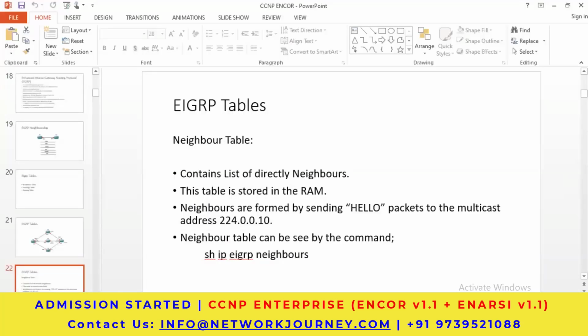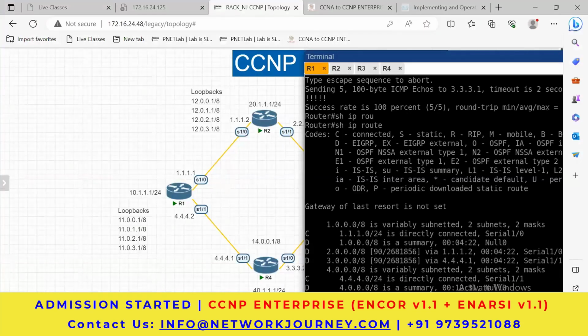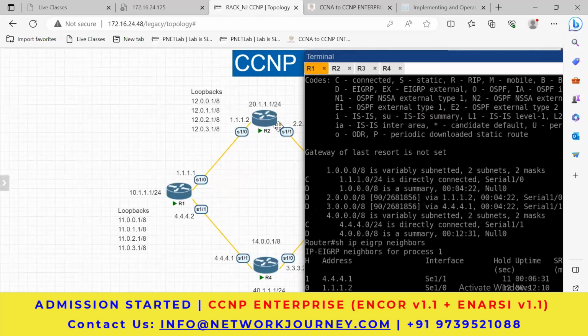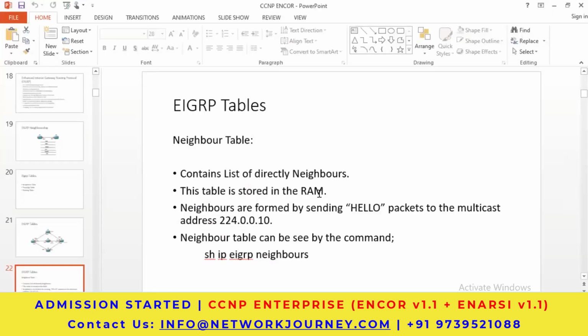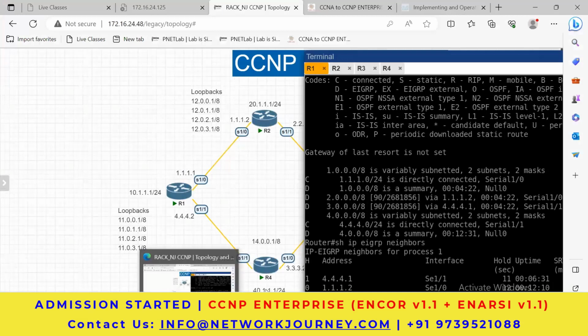So now, while we did it practically, you're able to identify it clearly that the neighbor table is the list of directly connected neighbors. Why? Because when I did a show ip eigrp neighbors, it showed me which are the directly connected neighbors, 4.4.4.1 and 1.1.1.2, right? A list of directly connected neighbors. This table is stored in RAM. You have to always remember this, that inside the RAM of R1, this neighbor table